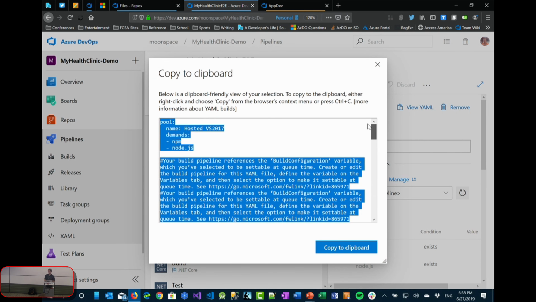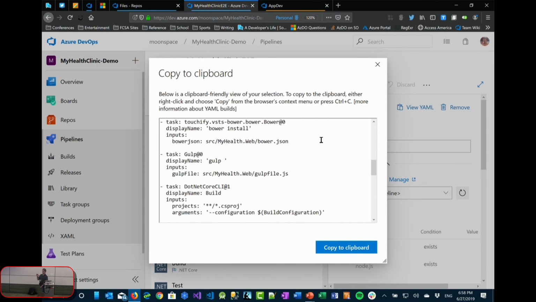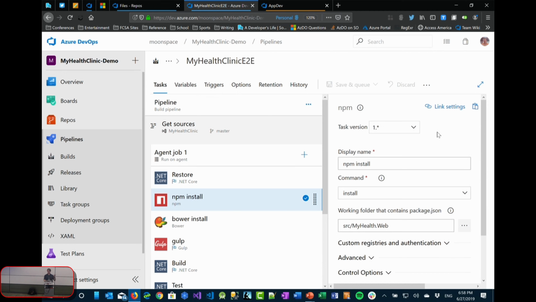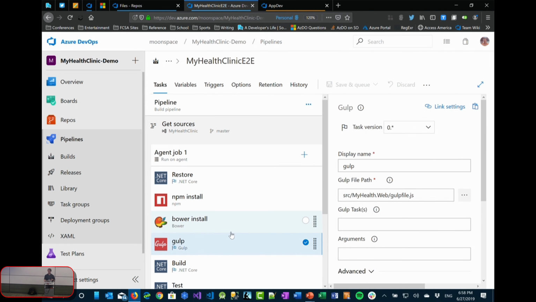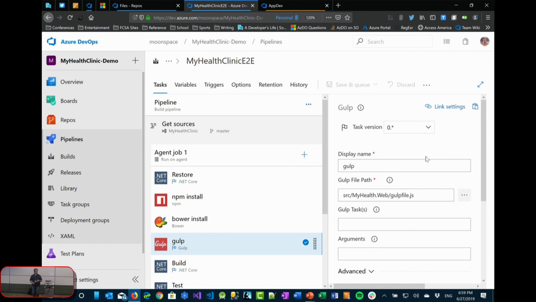But you can do this for all tasks at once by selecting that agent job, or whatever you've named that job. Or you can do this task by task. In this case, I selected everything, so it's giving me the YAML for that entire build definition. Then you can copy and paste whatever you like into your YAML build definition. It's a quick way of taking something you have done graphically and getting it in. For example, if I had just done one of these, I stand corrected, they've actually removed it. It used to be you could do this one-off as well.